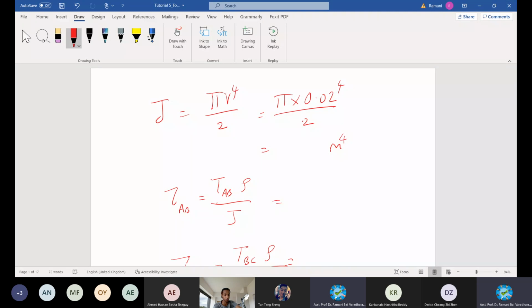Are you getting this? Wrong, no, wrong answer. I am writing one step before. What is this? 2.513 times 10 power negative 7. All are getting the same answer, 2.5 times 10 power of negative 7.